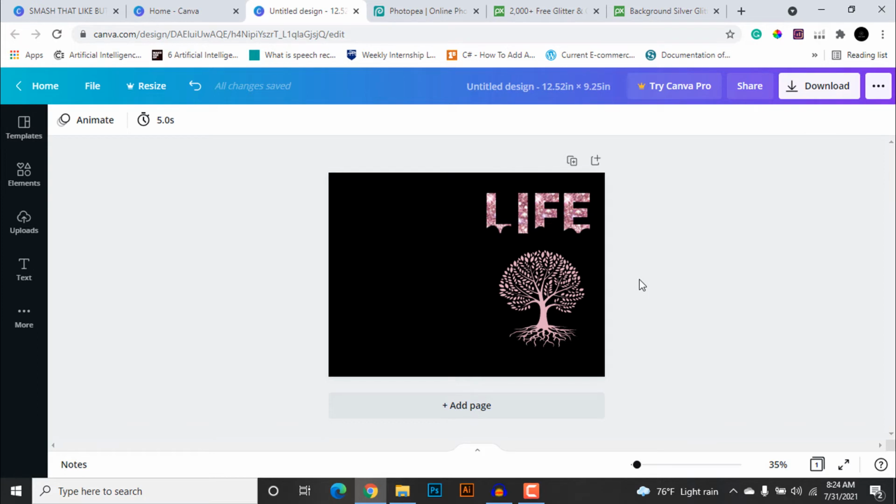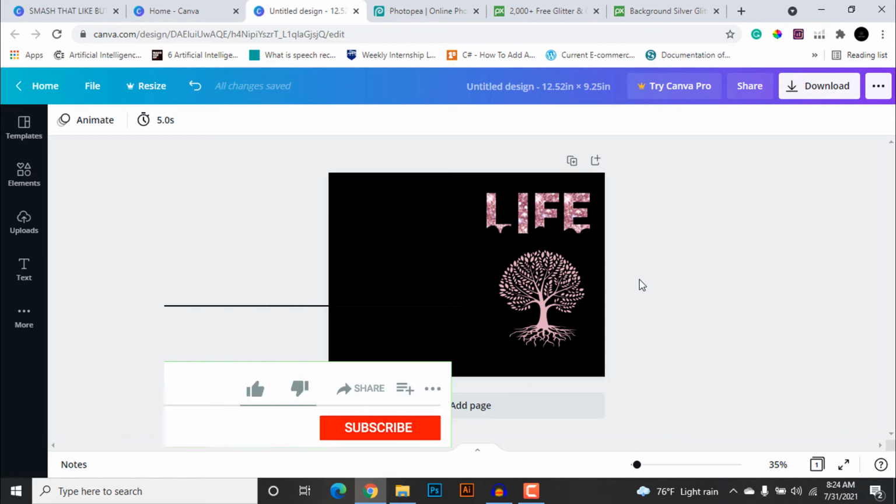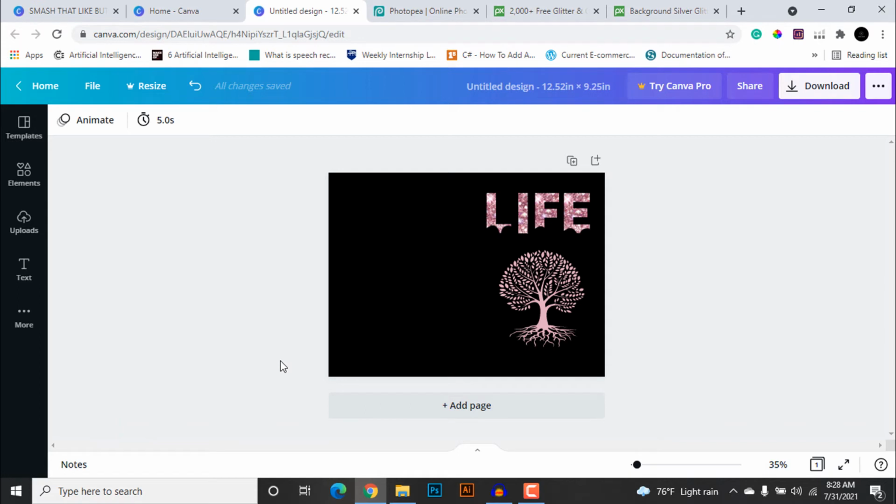So now I am going to show you a next method. The main limitation about this method is you cannot change your font by using this method. You have to rely on the text frames available on Canva. So the next method that I am going to show you requires you to make your text in a different website and import it to Canva. But the method provides you with a lot of flexibility, and you can select various different fonts in your text and add the glitter at the same time. So let's learn the next method.